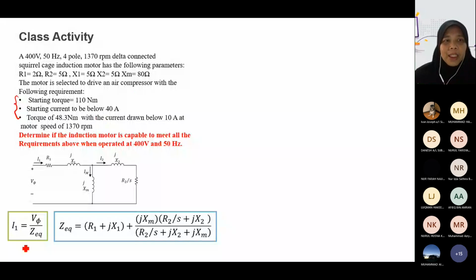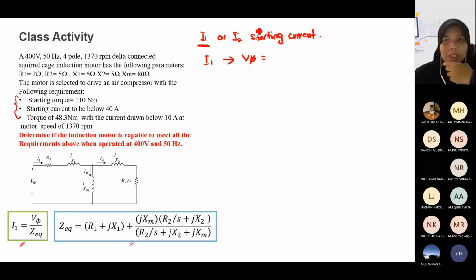So this is the formula for the current, and this is the formula for the Z equivalent. So the starting current, is it I1 or I2? Which one is the starting current? I1. Okay. So your starting current will be your I1 because it is from your supply. So how to calculate this? In order to calculate I1, you must know V phase. Okay, you already have V phase, right? What's the value of V phase? 400. Yeah, 400 volt because